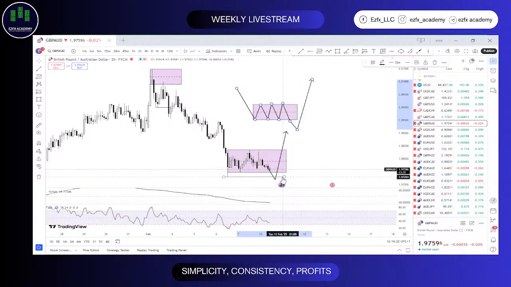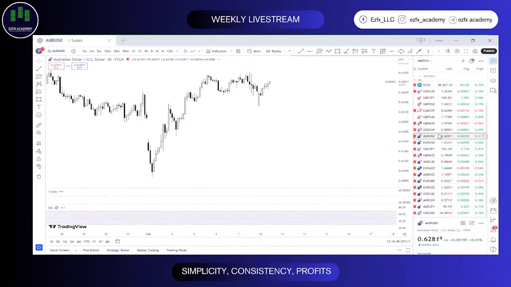Then if I get to see a sweep out, if I get to see that this low is swept, that'll give me a little bit more of a confirmation for that buy to happen overall. And again, I'm not expecting the candle that closes below that point to be a body. I'm expecting it to be just a wick. So I want to see that this is just swept by a wick, and then we should get to see price going towards the upside. So that'll be what I'm watching out for currently on GBP AUD. I hope that is clear.